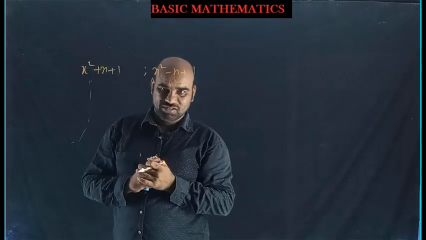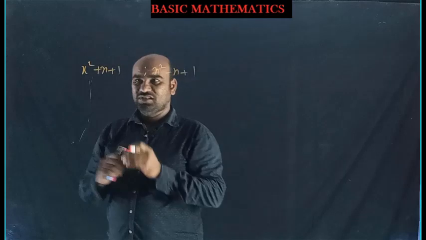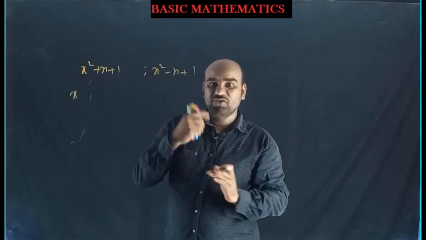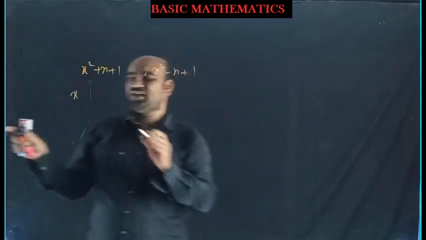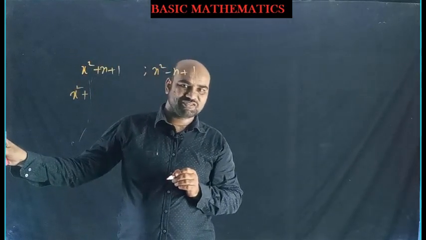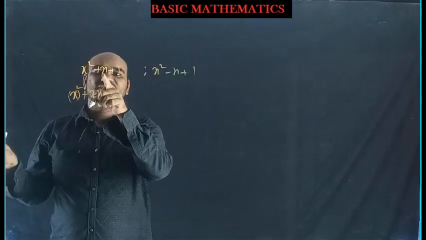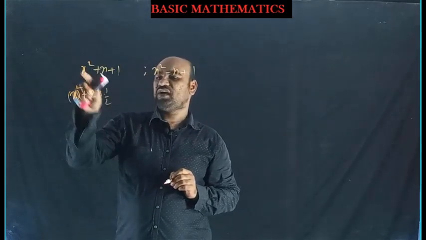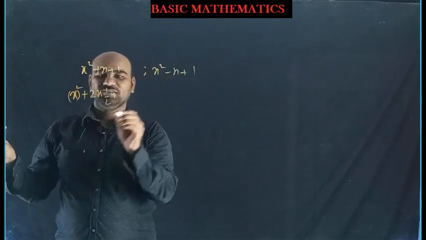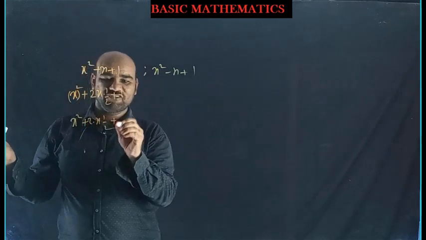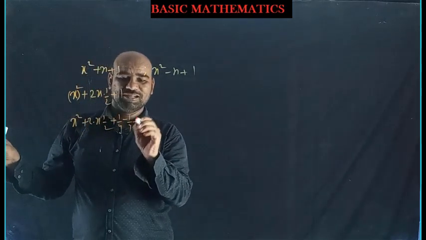important expressions, two important quadratic expressions. See here, if we want to know the nature of any quadratic expression, try to make it into a perfect square. So here, I want to convert x square plus x plus 1 into the form a square plus 2ab plus b square. So x whole square, a square plus 2 into a means x, b. So x, I multiplied and divided with 2. So x square plus 2x into 1 by 2, a square plus 2ab plus b square I want, so 1 by 4 I want, added and subtracted, plus 1.